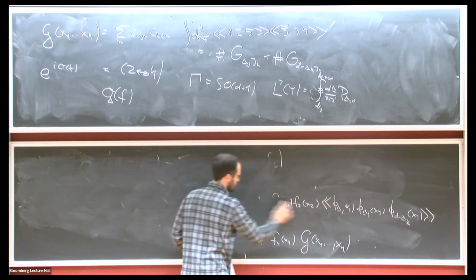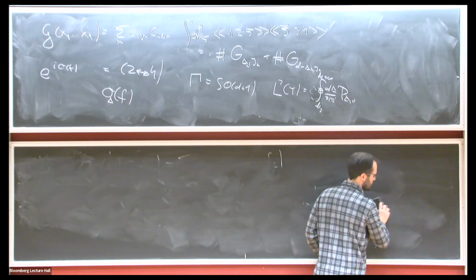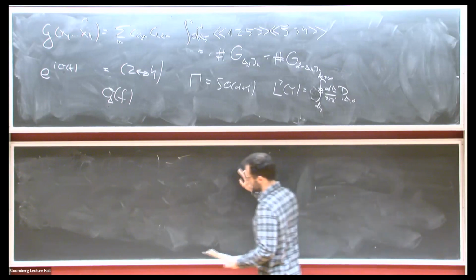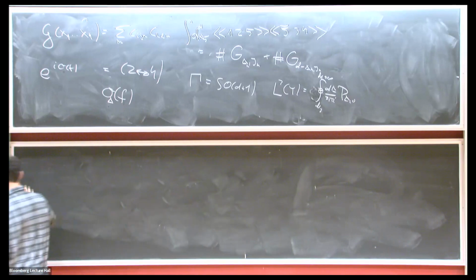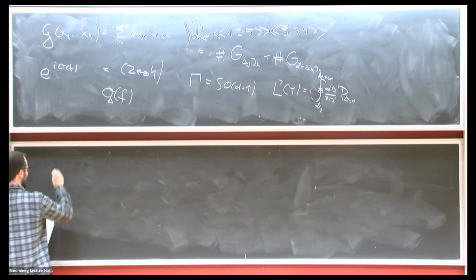In the usual bootstrap, people choose the f's to be delta functions. Then you take derivatives of the crossing equation at a point. But instead, it's nicer for some applications to take f's